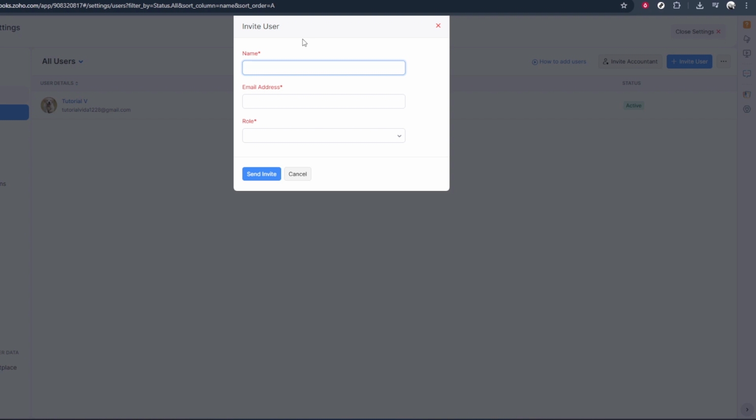Once all the details are filled in and the correct role is selected, review everything one more time. When you're ready, click on Send Invite. Zoho Books will email the user an invitation link, and once they accept it, they'll be added to your users list with the role you